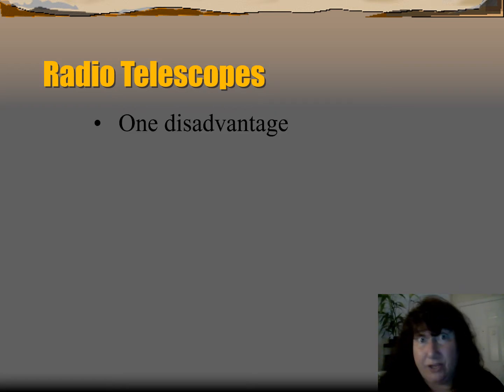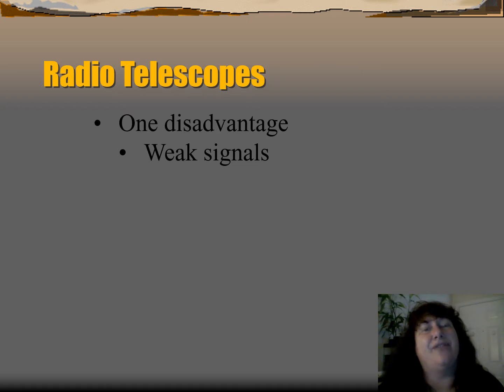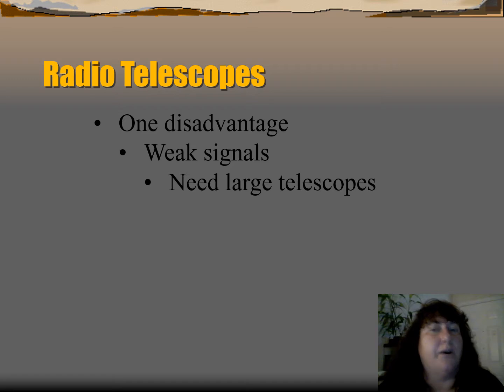There is a disadvantage though, and that is that they're very weak signals that come in from space. So in order to pick up as many signals as possible, you have to make these telescopes as large as possible. And that's where it gets a little bit complicated. How do you build such a huge telescope to be able to pick up these signals? Okay, so you need a large telescope and a lot of space to hold it. But there's ways. We are human beings and we are ingenious. We've come up with ways to